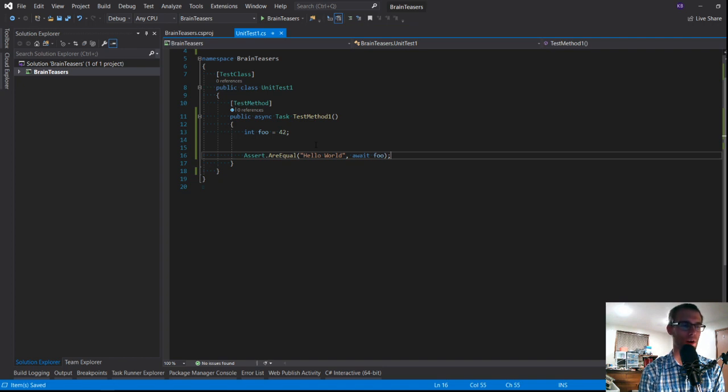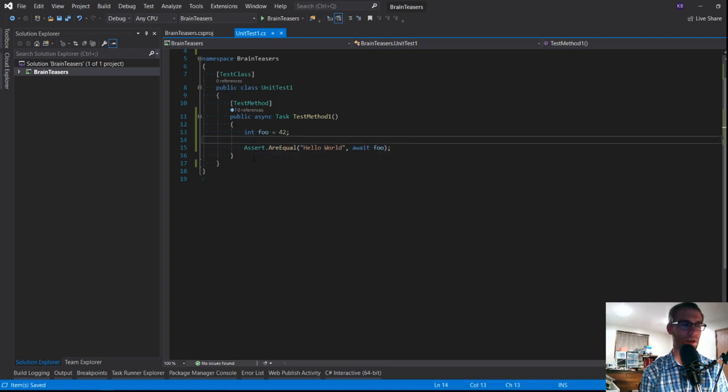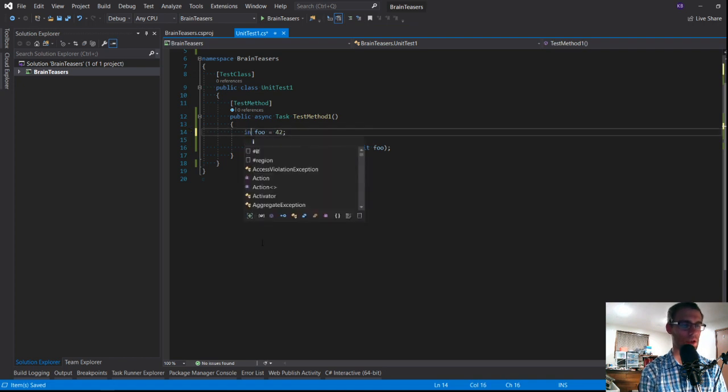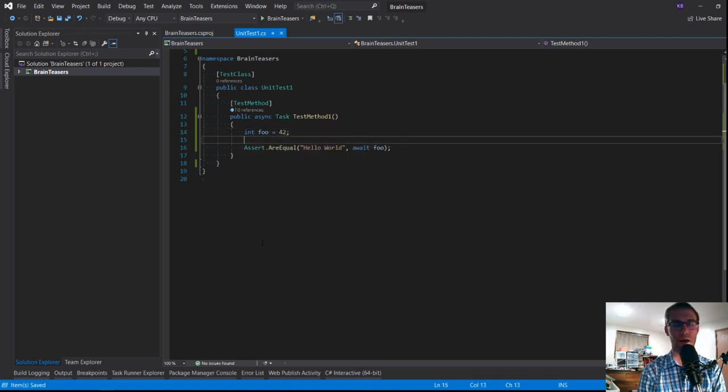Now you should notice something right away. I've sort of already cheated the system. This is compiling, right? Normally you can't just await on an int, and this is the keyword, so there's no fancy class name trickery going on here. So this is the keyword, not necessarily the class name, like for example versus Int32, which in general you should use the keyword over the class name, because this one can be overridden if somebody decides to declare their own Int32 class, whereas the keyword is always going to resolve down to an int. Now again, should somebody be declaring their own Int32 class in a project? Probably not. That's a recipe for disaster.